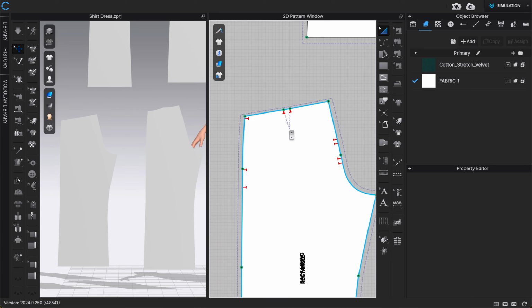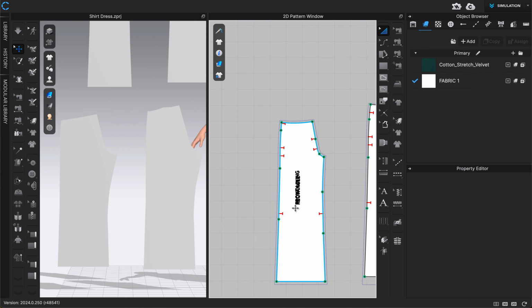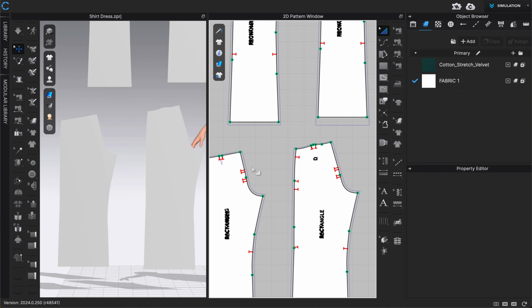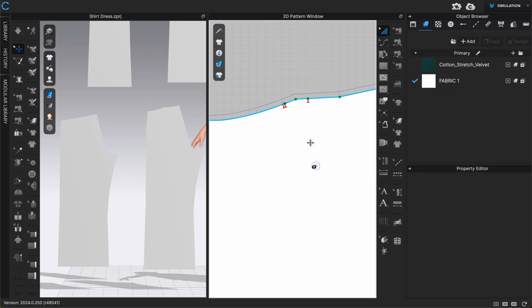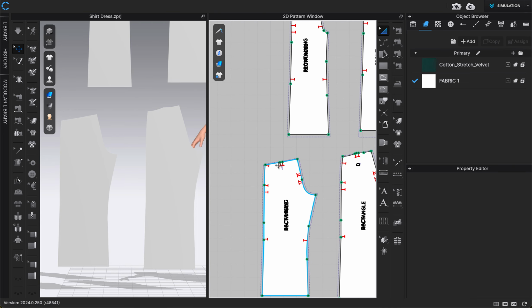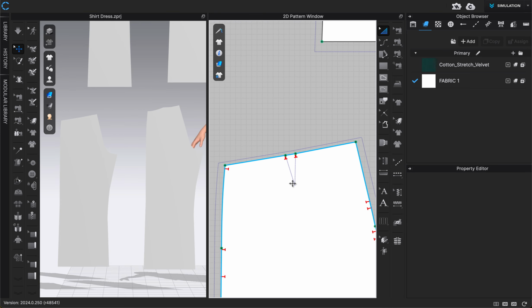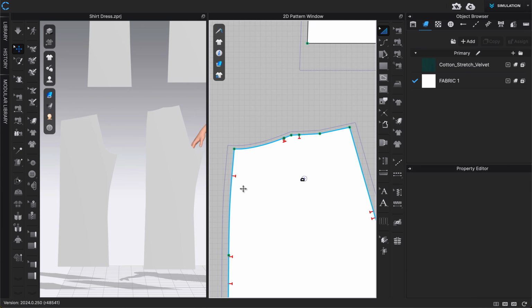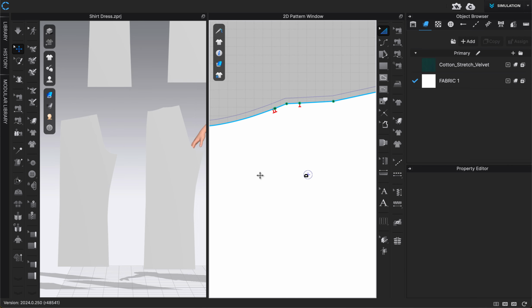So I'm going to go to my pattern right here that I want to add my dart to. And you can see sometimes your DXF file might import with this endpoint for your dart. Sometimes it might import with your full shape of your dart. It just kind of depends on how you created that pattern in CLO. But either way, what we're doing is going to be the same. You'll see our notches, or you'll be creating the dart shape in your pattern